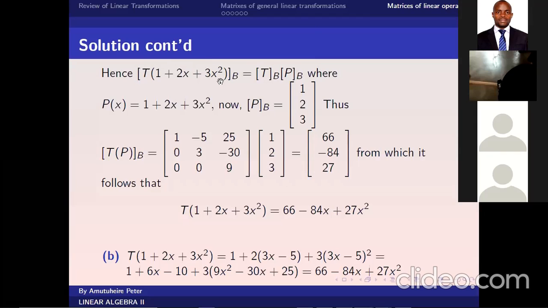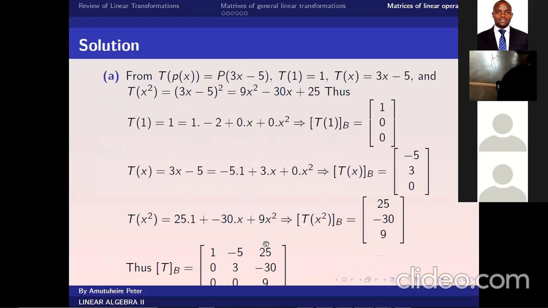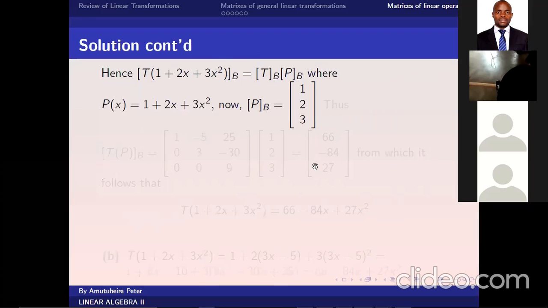Okay, so the idea is, we said work out this transformation to get the image of this polynomial. We get the matrix of transformation, then times the vector of p. The vector of p is the coordinate vector relative to the basis. So we just pick out the basis, then we get the vector. So the matrix of T is the matrix that we got, which is this one. So when we multiply it by